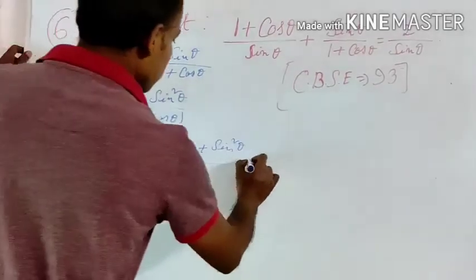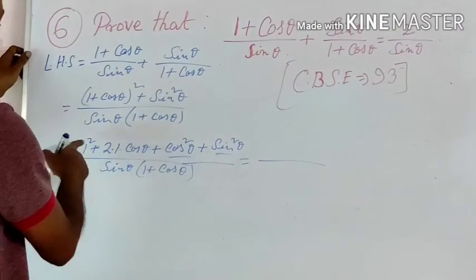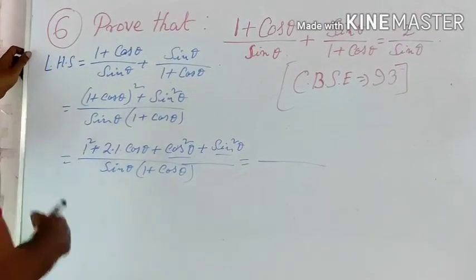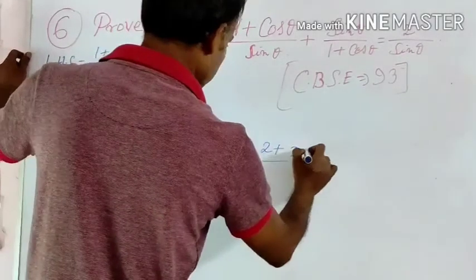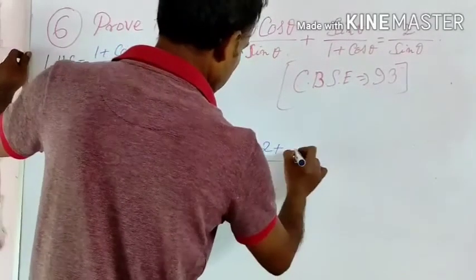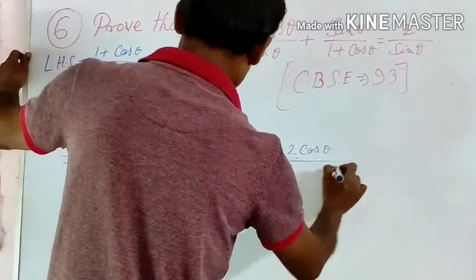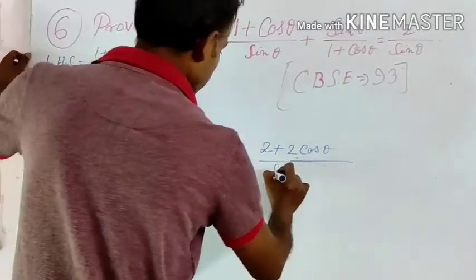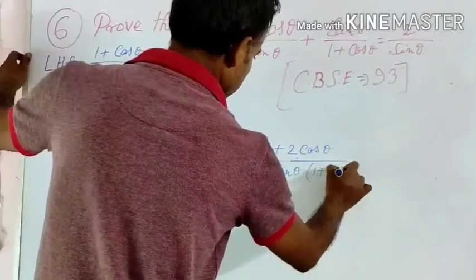So sin square theta plus cos square theta is equal to 1, and here 1 square means 1, so 1 plus 1 is 2, plus 2 cos theta by sin theta into 1 plus cos theta